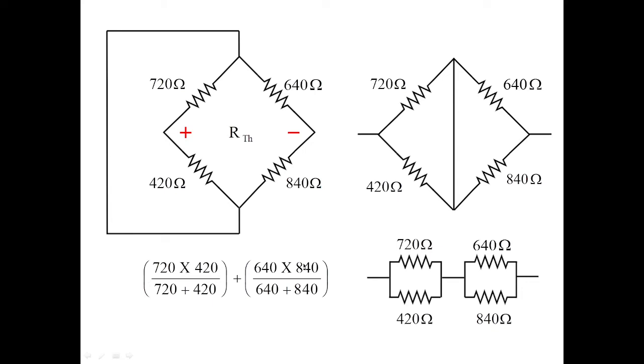Now this product and this product divided by these two resistors will give you the value of RTH is equal to 265.26, that is this part of the resistance, plus 640 into 840 whole divided by 640 plus 840 will give you the value as 363.243 ohms. Now we have to sum up these two resistors, which will give you the value of RTH, which is equal to 628, that is 628.503 ohms. So this is how we calculate the R equivalent or R Thevenin's for the given problem.